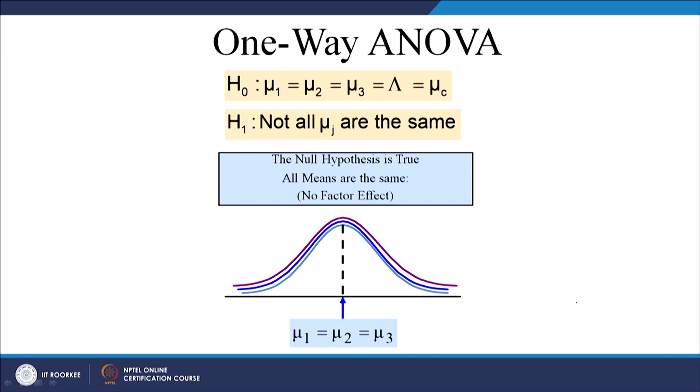Before I start this slide, let me summarize what we have done in today's session. In today's session, we have discussed in detail what is design of experiment, what is an independent variable, what is the meaning of treatment variable, what is the meaning of classification variable, what is the meaning of dependent variable. Then we have seen different examples of dependent and independent variables, and when we compare means of more than two groups, then we use analysis of variance, not t-test.